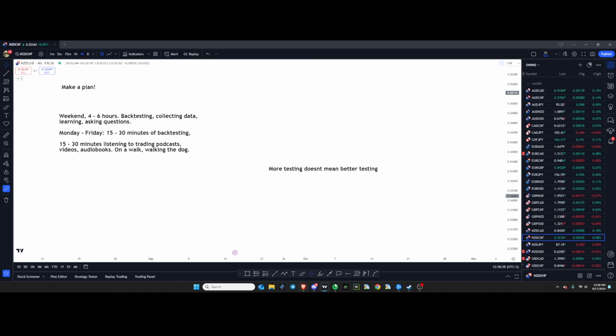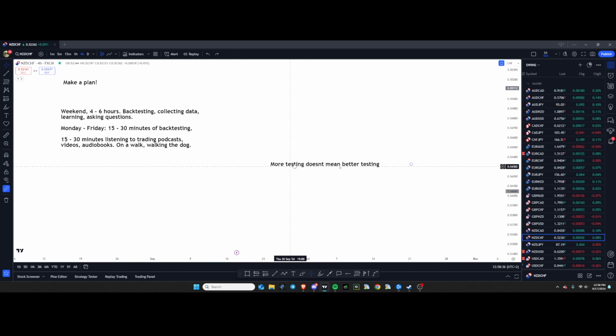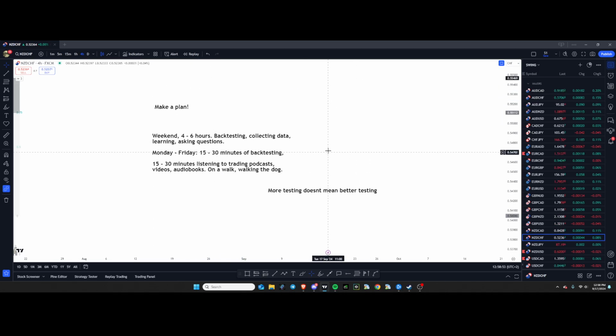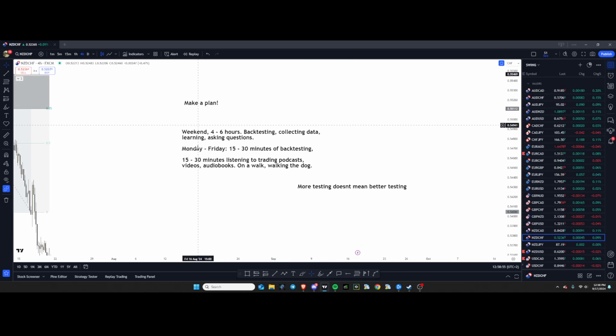That's why I recommend to only do 15 to 30 minutes a day backtesting with full focus rather than trying to push out 2 hours and then not getting the results that you were hoping for, and then switching things up and then constantly going back and forth. And that's ultimately going to lead to you being discouraged because you're not happy with the results that you're getting. And then you keep going in this endless loop. So, learning how to trade with a full time job, in my opinion, is all about making a plan.